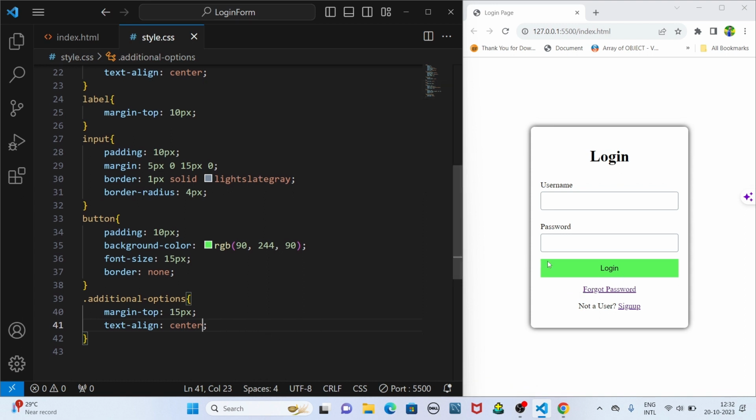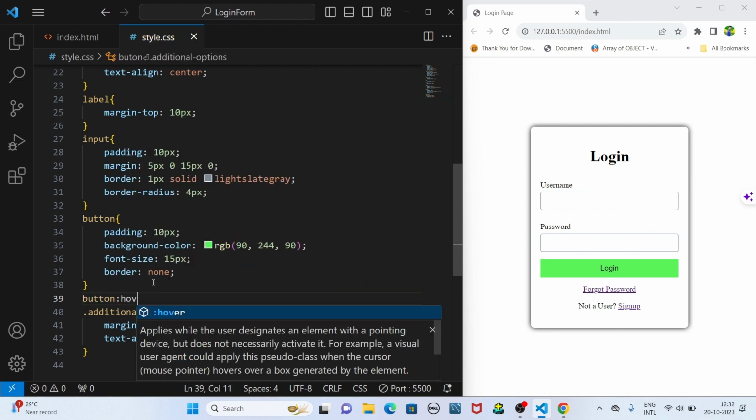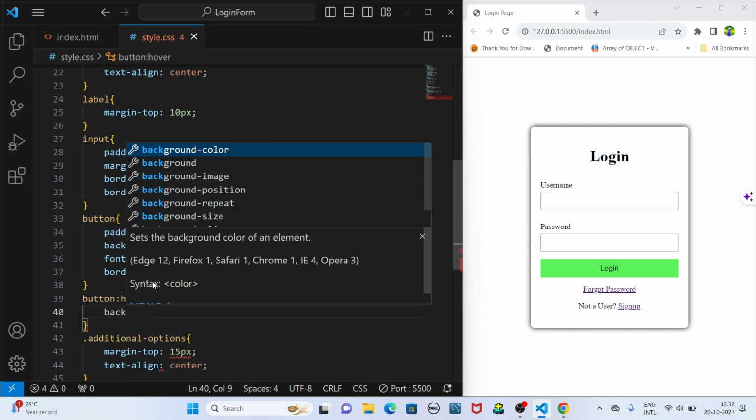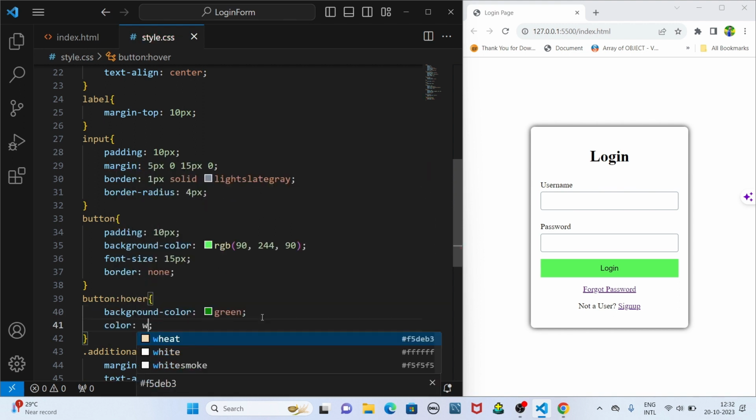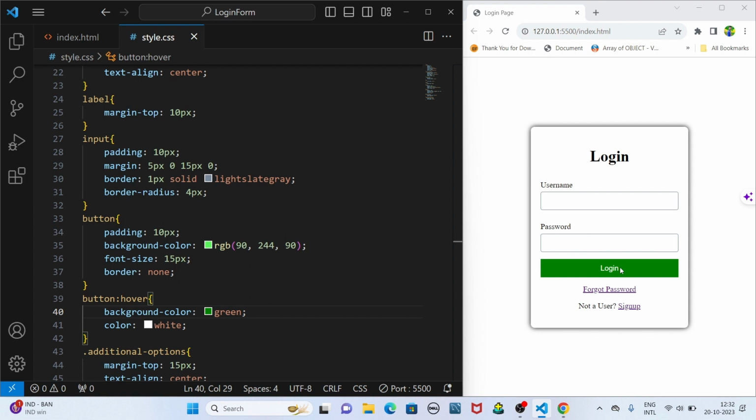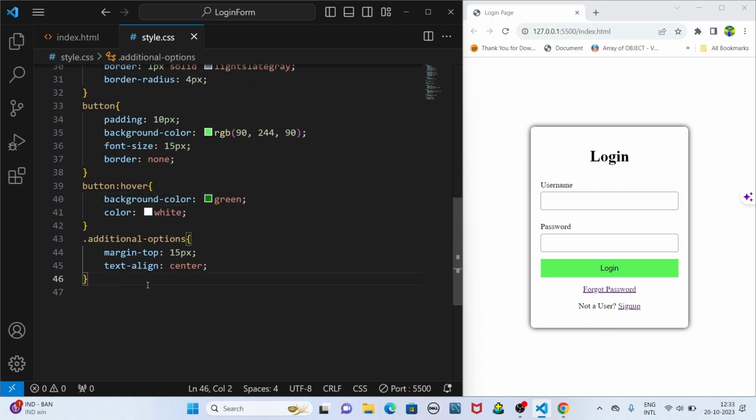Yeah, now it's good. Whenever the cursor is moved onto this login, color has to change. For that, I use hover button, hover background color equal to green, and also make the text white. See now? Yeah, it's good, attractive. I will make this forgot button green, and I remove this underline. Whenever I hover onto this forgot, I want underline. For that, what name I given? Forgot password class name,